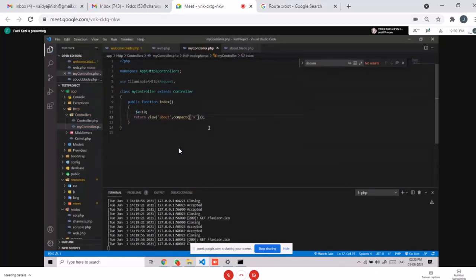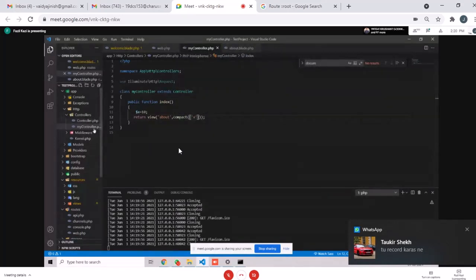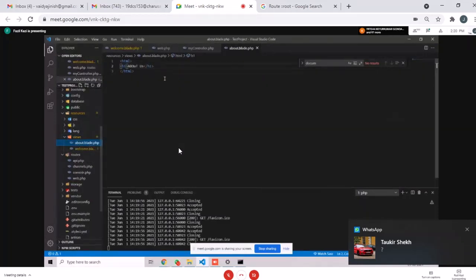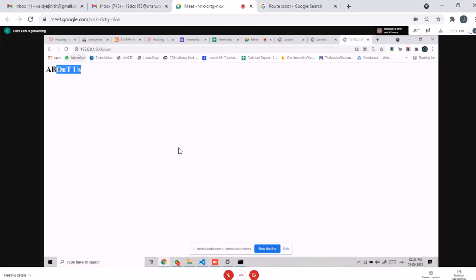Now this variable will be accessible in the view to which we are passing the data. So in views, we go to about blade, and here we can use that variable directly. Now it is giving data over here.